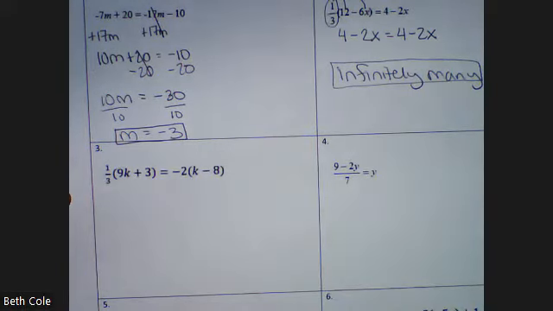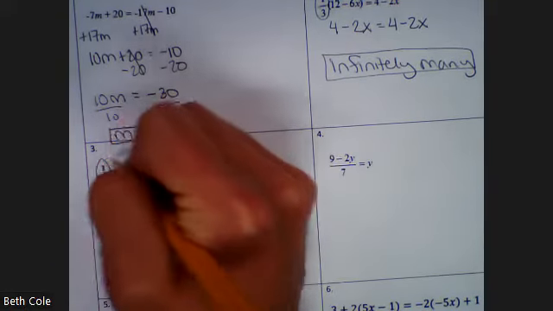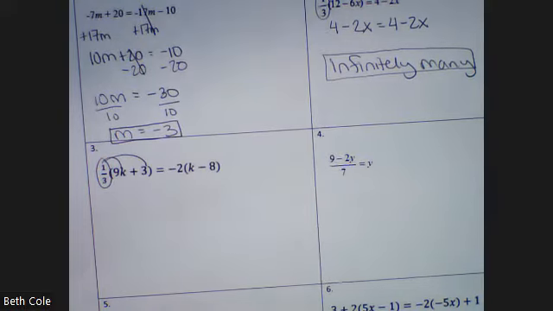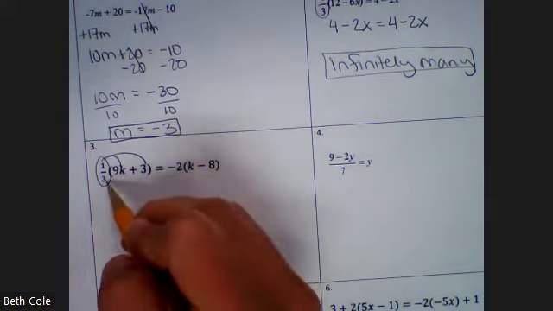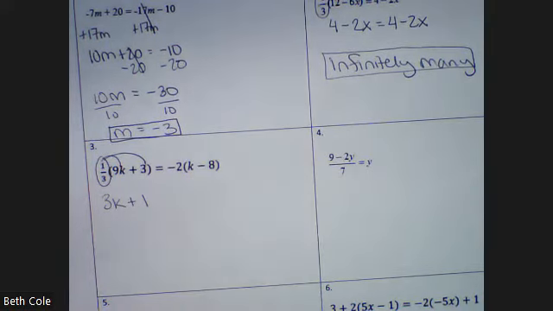All right, next one. Do you see those parentheses? What does that mean we have to do? Distribute. So again, this one's a 1/3. That means you're dividing by 3. So distribute a 1/3. That would give you what? 3K plus, good, 1. A third of 3 would be 1